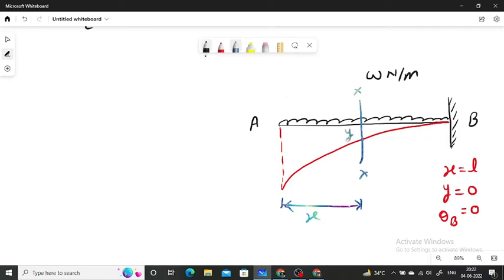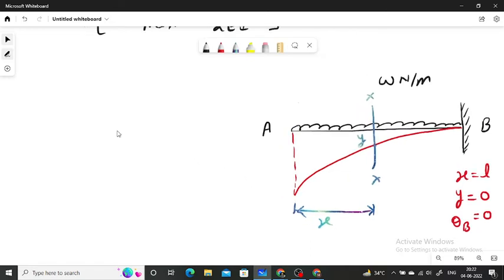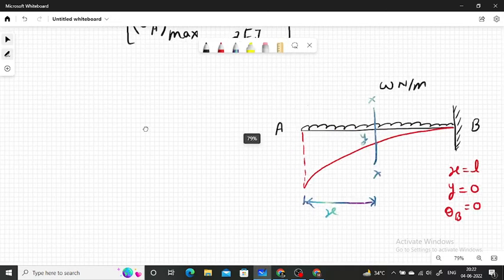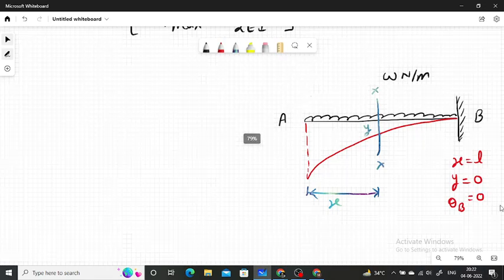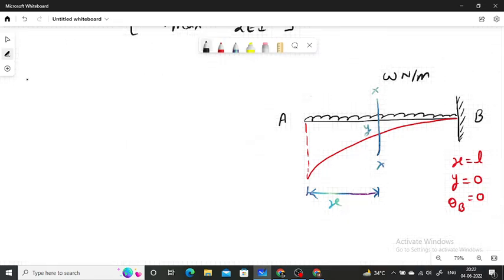Okay. Now from the deflection equation, we know that the bending moment about the section XX will be Mx is equal to EI d2y upon dx square, equation number 1,